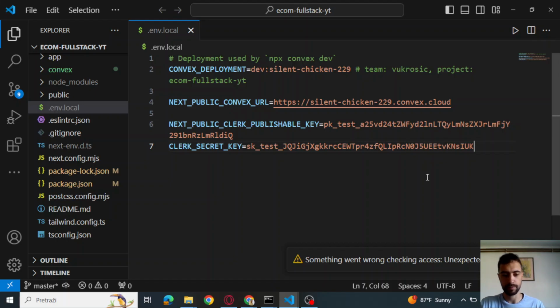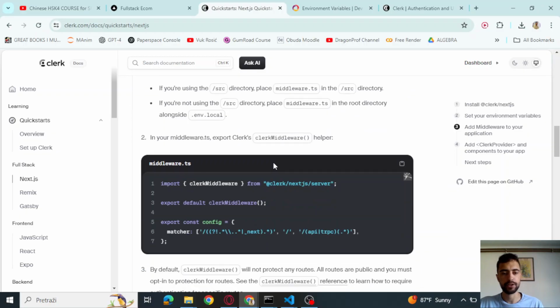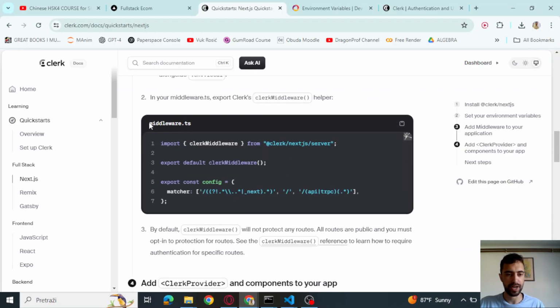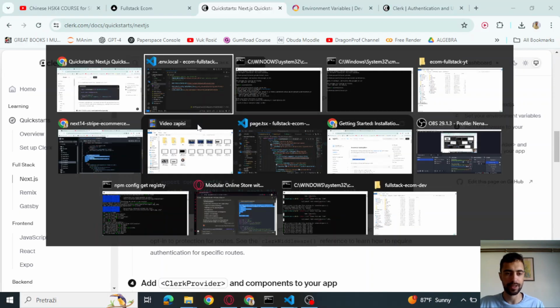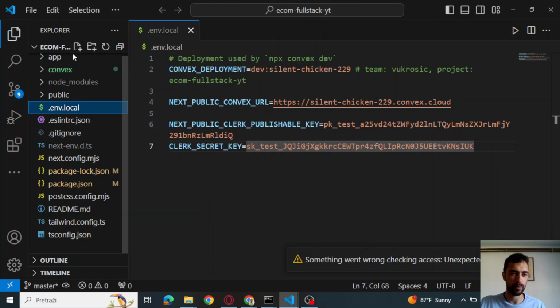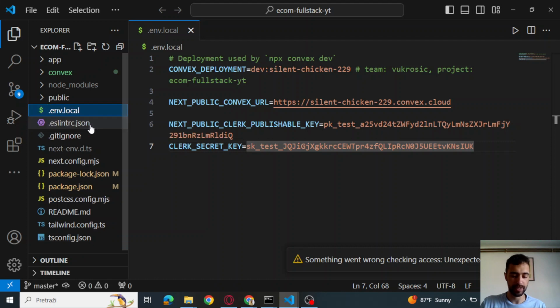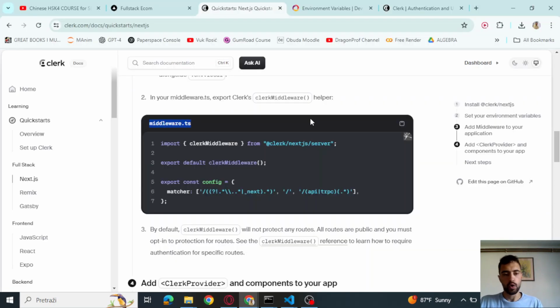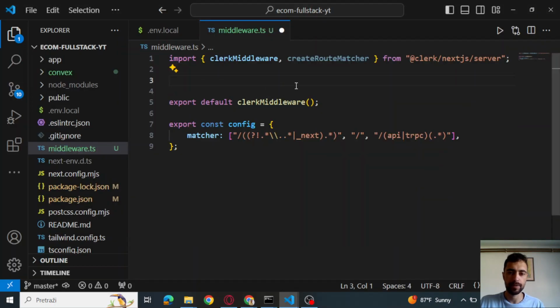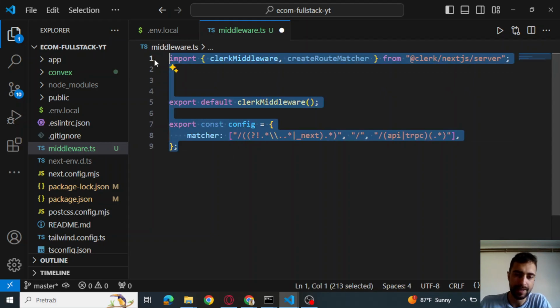These are Clerk variables. If we scroll down, we need to create this middleware.ts file. So let's go to our files, click anywhere outside and say middleware.ts. We can copy this file from here and paste it inside of our middleware. So besides that, I will also